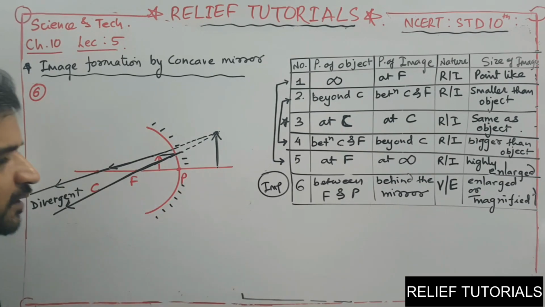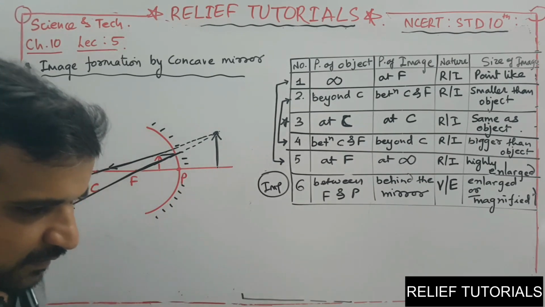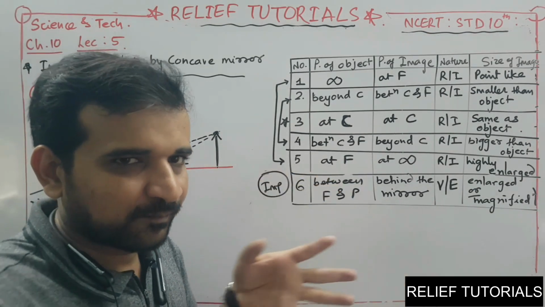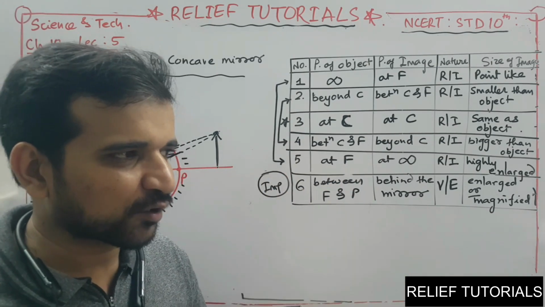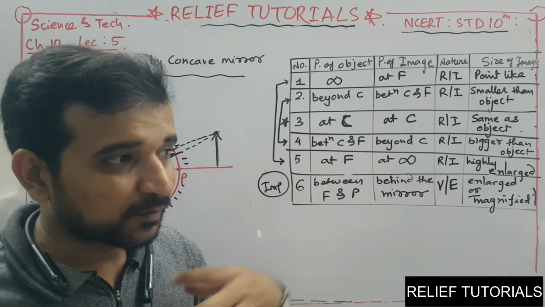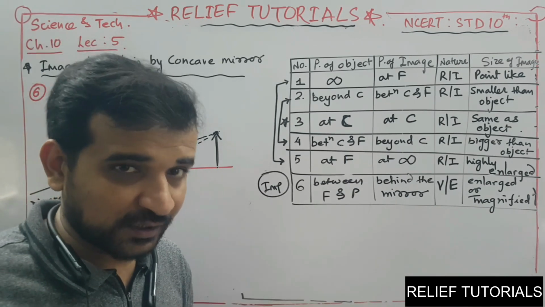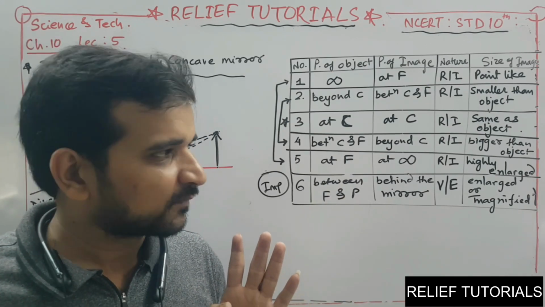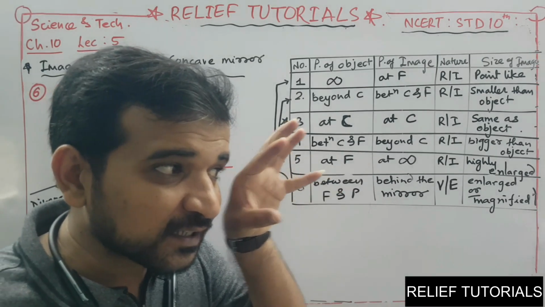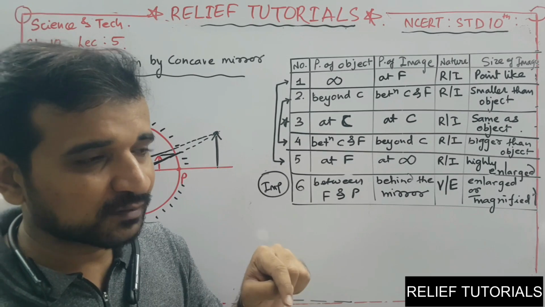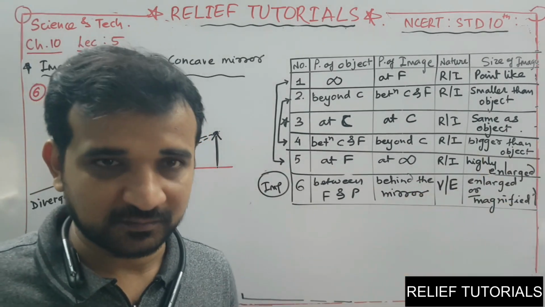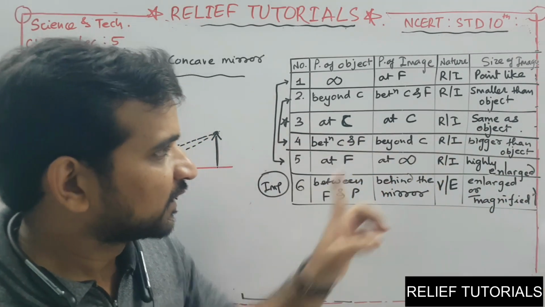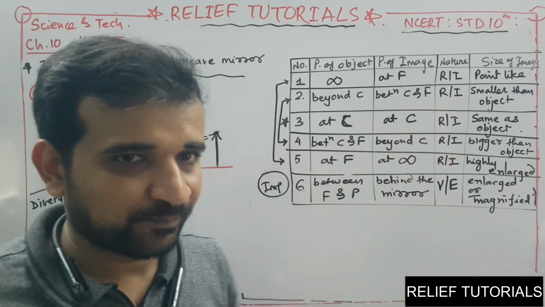So this is the most important topic. See, listen one more thing. We can see our image daily in the plane mirror. We see our face daily, we see our body in the plane mirror. The person can see his own image only when the image is virtual and erect. A real image directly cannot be seen in the mirror, because the image formed of your body in the plane mirror seems to be behind the mirror. So in the mirror what you see is virtual. The real image cannot be seen in the mirror or behind the mirror.